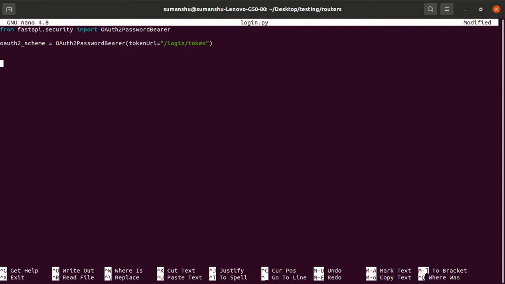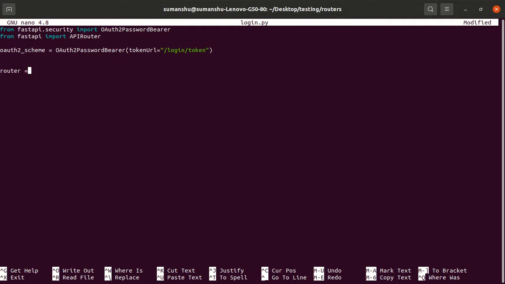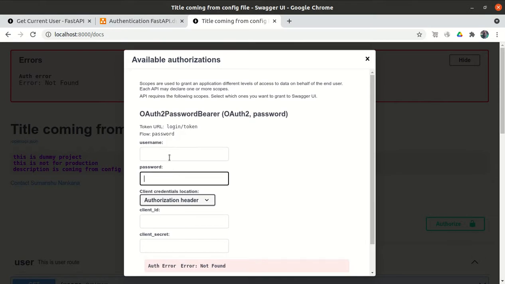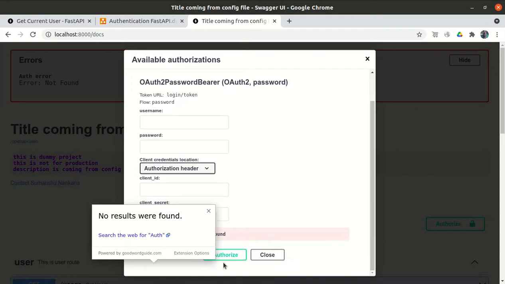How do we define the path? Using FastAPI. From fastapi import APIRouter. We have to define the router, and it could be APIRouter, then @router.post. It is basically a post request, because we are sending the data, username and password, when we click on the authorize button.